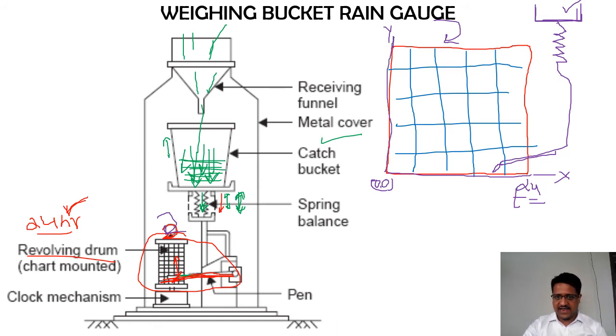And on the x-axis, basically it is time, because the drum is rotating based on the specific time that you are allotting. So that's why your t is going to be your time, that is your x-axis. Then on the y-axis we have the cumulative rainfall that has occurred. So again, this may be in terms of millimeters. Imagine right now I will write it as depth of rainfall in millimeters only.